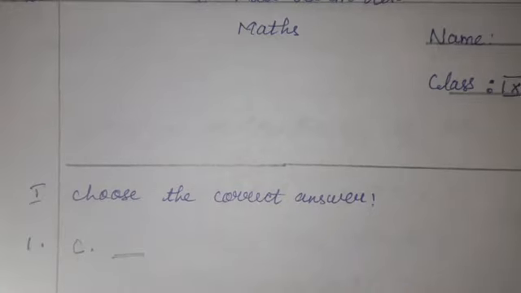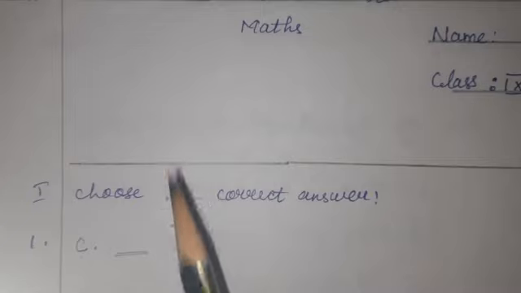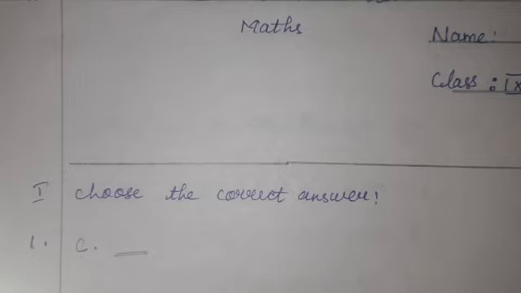Students, before writing the test, get the signature from your parents. Here you should get the signature from your parents. Write the test in front of your parents and write it faithfully. After completing the test, send the report with your name, test completed, in your group. Students, do and practice all the sums in your rough note. Prepare well for your exam. All the best, students. Thank you.